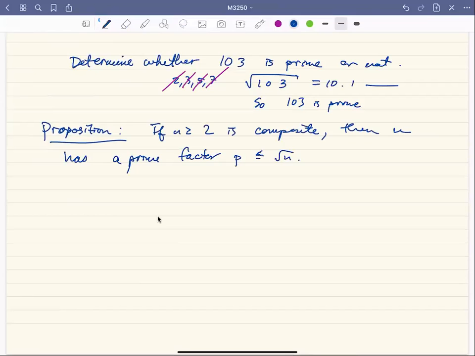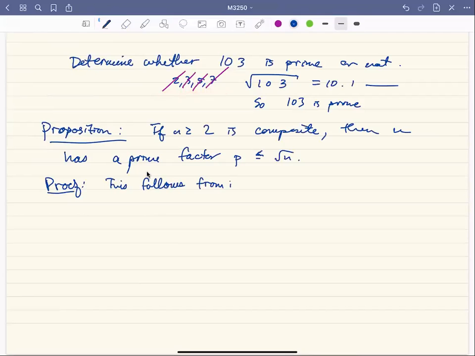So with our example with 103, since all the primes up to the square root of 103 did not divide 103, we can conclude 103 is prime. All we have to do is check those 4 numbers. You don't have to check all the numbers less than or equal to 103, just those 4 numbers. And let's prove this. This is actually a corollary of a statement that we've already proved. So let me just word it this way. But this follows